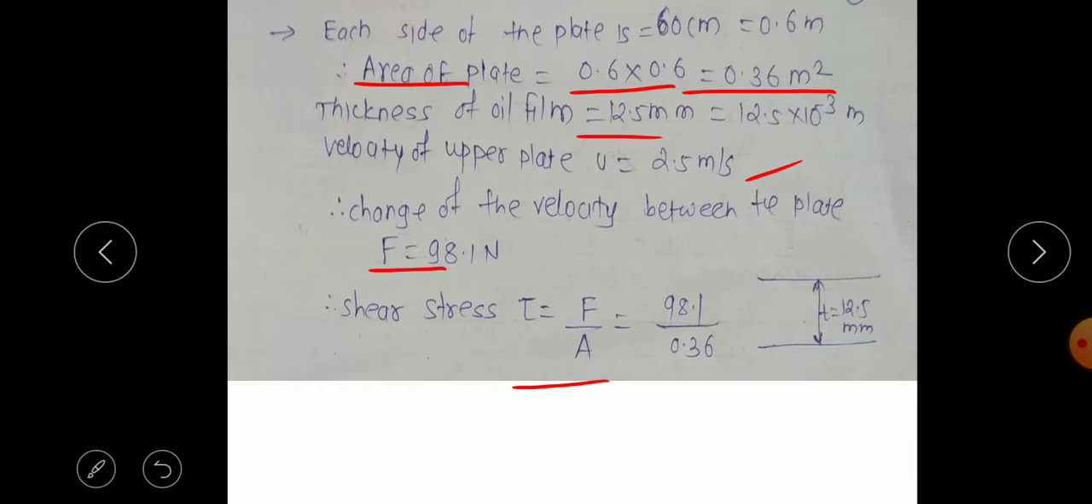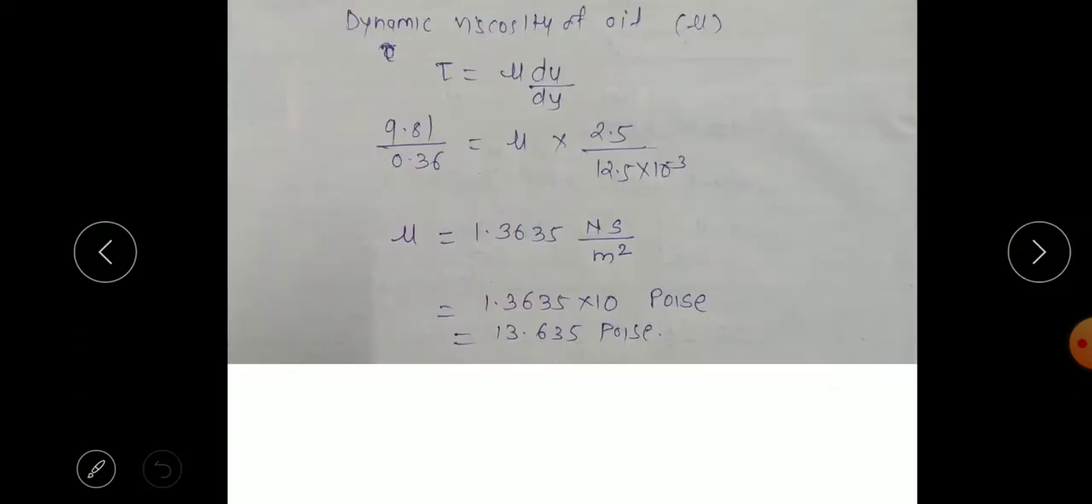Now force is given, 98.1 Newton. So shear stress we know as force upon area. Force is given already, 98.1, and area is 0.36. So from this we can find the shear stress. Tau is equal to